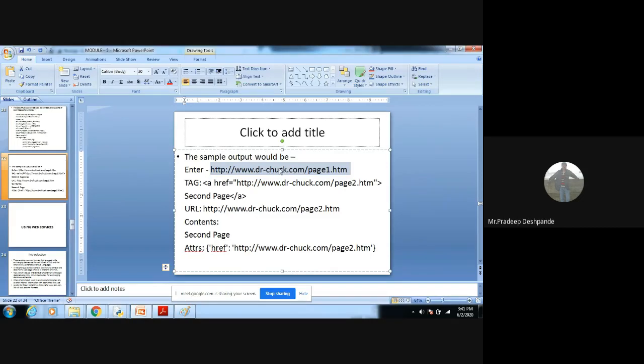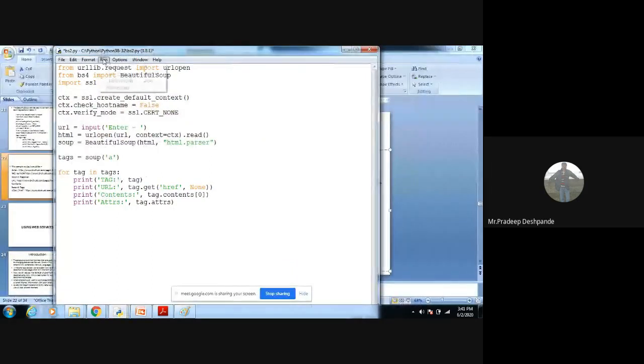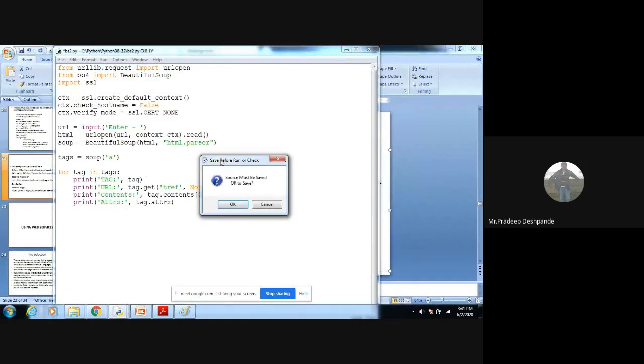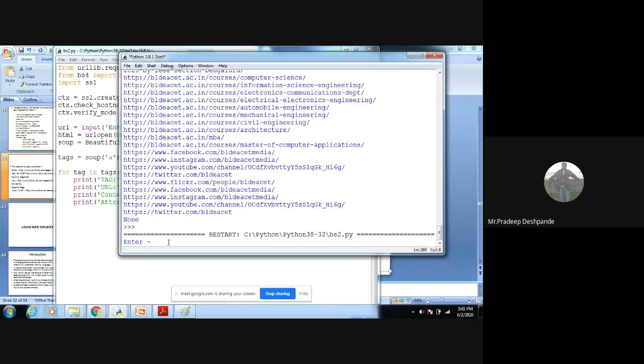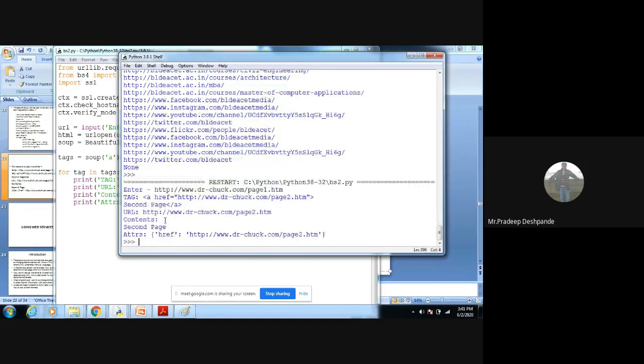I will use this only as input. I will execute this particular file here, run this module, save it. It is asking me to enter the URL, so I have entered this URL. When I press enter, it displays all the details.